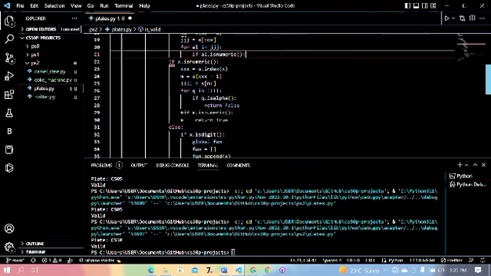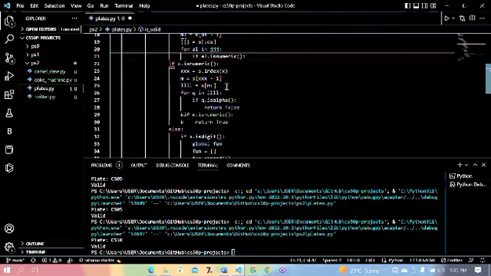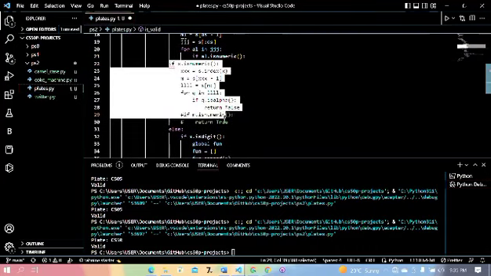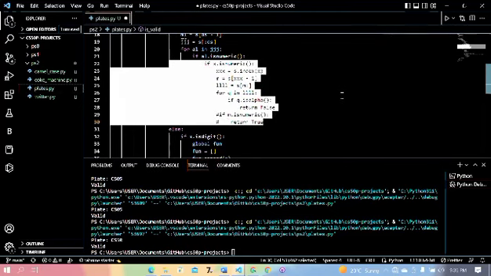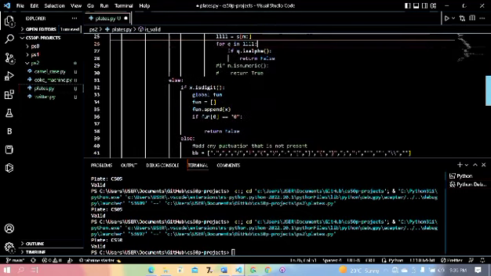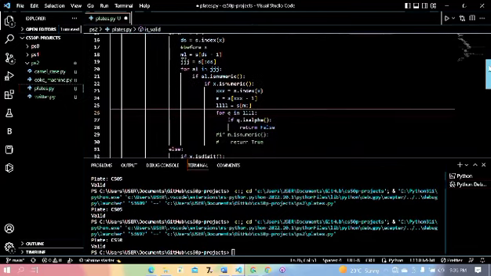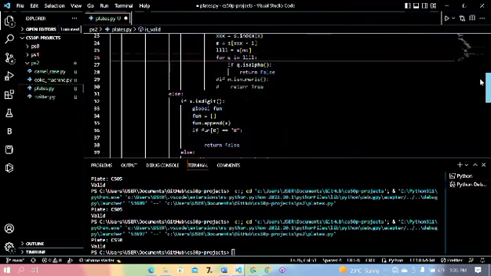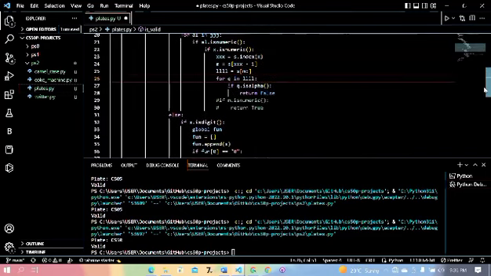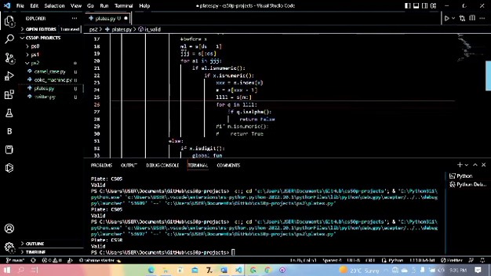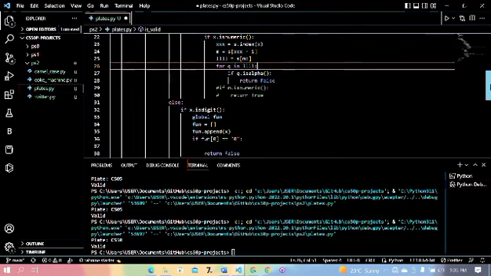Okay, if it's numeric, then we're going to, let's indent this. Okay, if it's numeric, we'll do this. Else,